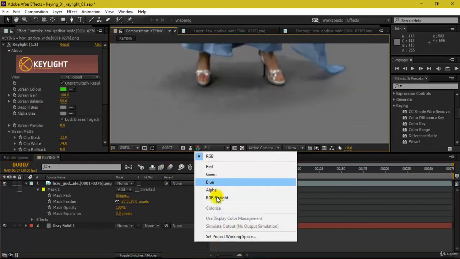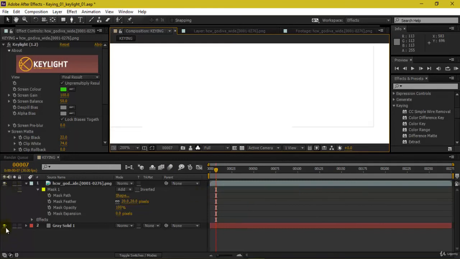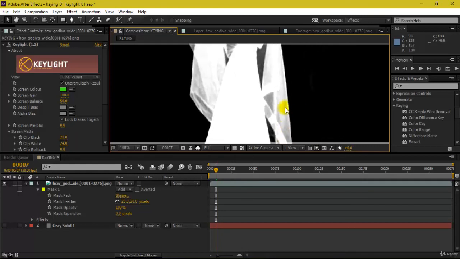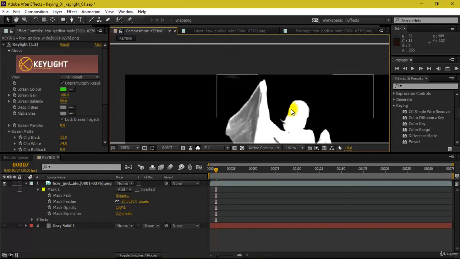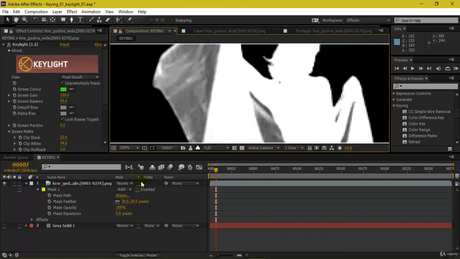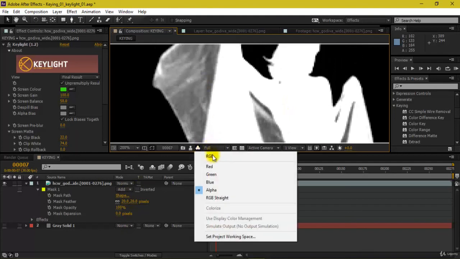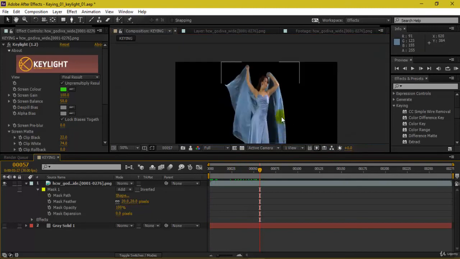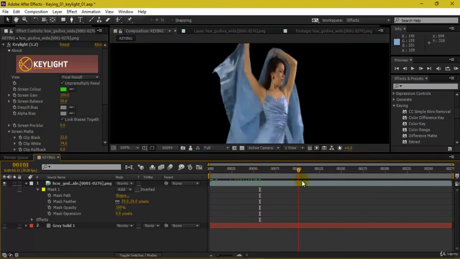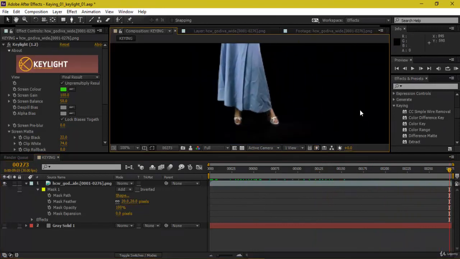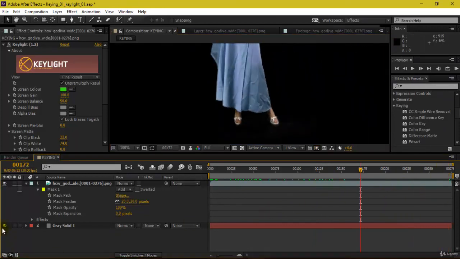You can also check that in your alpha. Just check this off, which is your background, and yeah, this is looking pretty good. Even some semi-transparency has been maintained over here in the cloth, so it seems that our key is really nice here. And through this process you have keyed out this and you have also maintained the shadow.